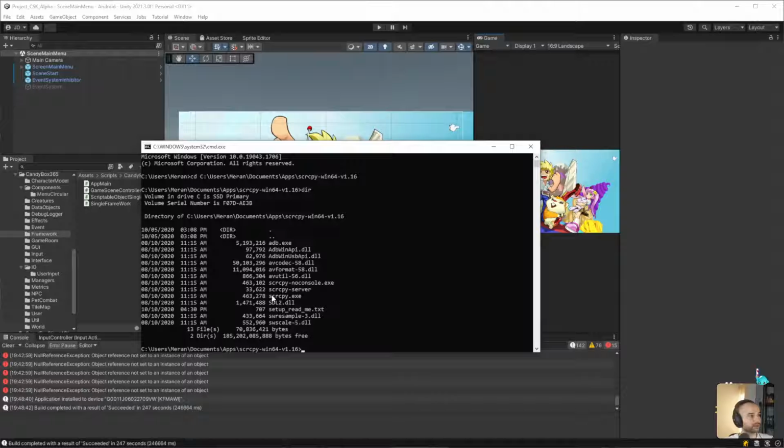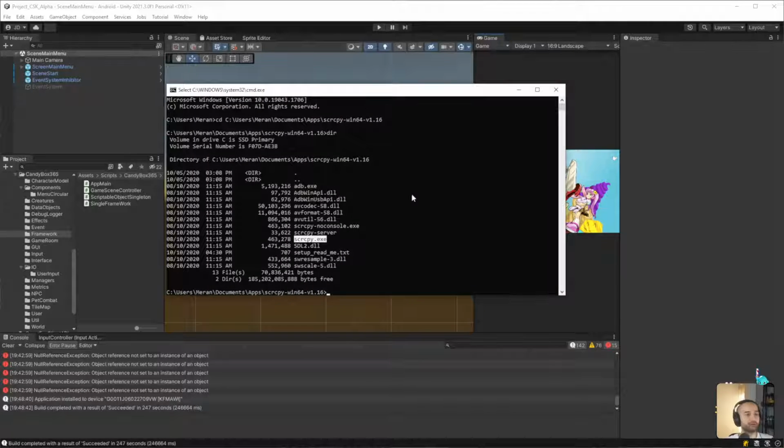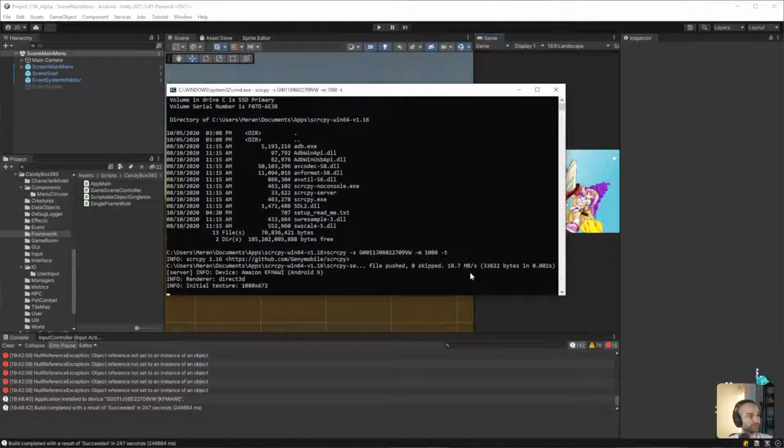Okay, so we're just going to be running this executable here, but because I have multiple devices, I need to specify which device I'm going to run, right? And I have a little cheat code that I got for myself right here. And that's the command that I'm going to use.